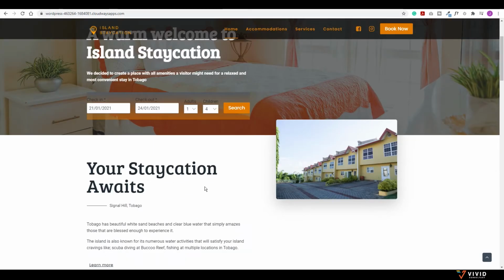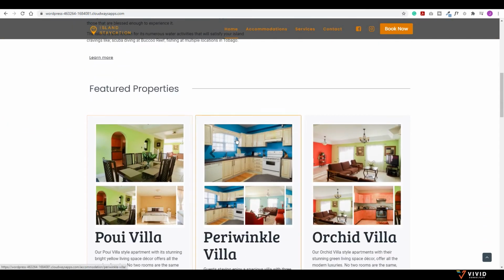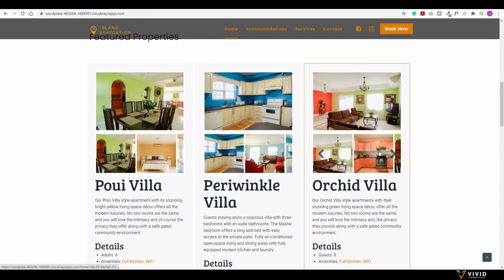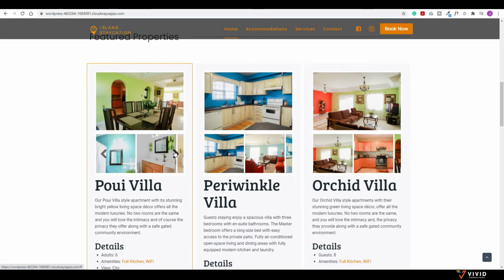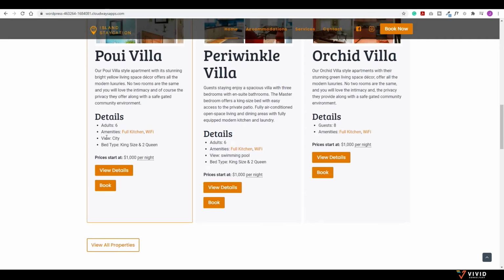As we come down, we're going to give a little bit of background about your property, a nice image representing what the property looks like. And you can feature some of your accommodations, and these are live. One thing that I like about this is that this is the actual property. It's not a static image that then goes to the page. From this page you can see all the details about the property, the amenities,